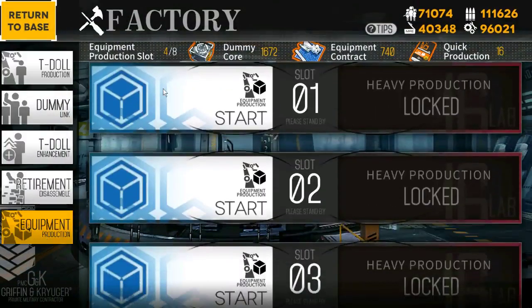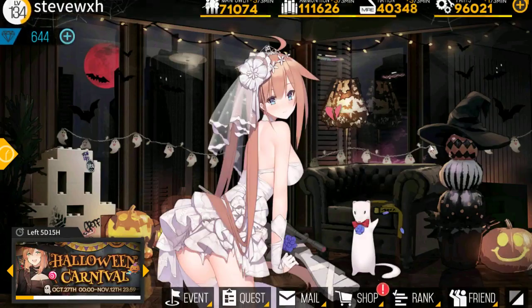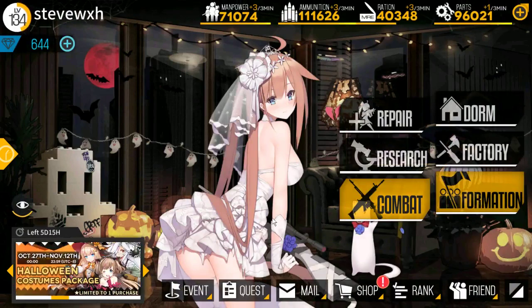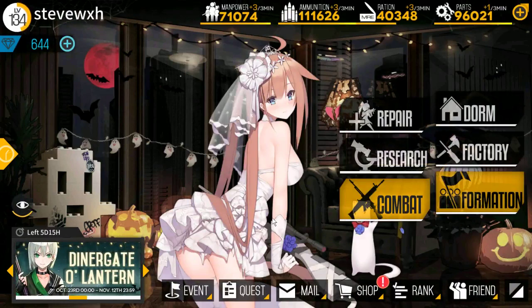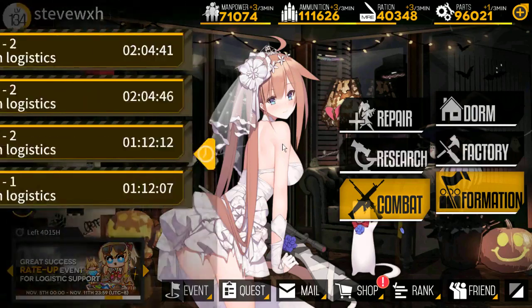Of course, you can always do 10 times 4 to produce equipment folders, but it really depends on how many equipment contracts you have. I have a lot, so I don't care, I just spend that much. But what if you lack them, like you don't have 700 equipment contracts? You will not be able to enhance your equipment, right? Also, when you try to produce your gold equipment, you're going to use 150 times 4 or other special recipes to produce the gold equipment you want. But basically,